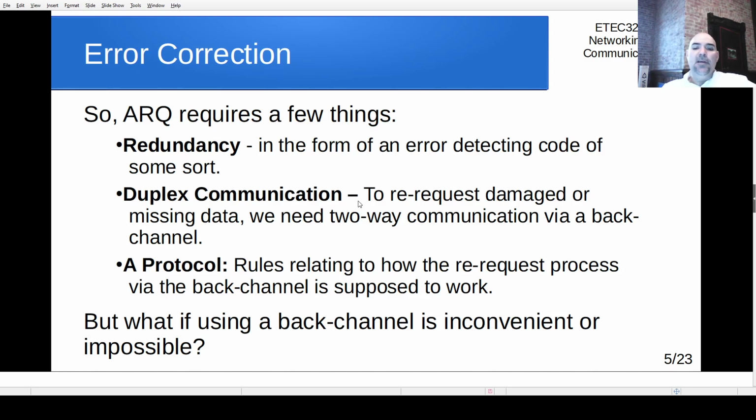In other words, if we have that back channel, we have to know what it means to say good, or what it means to say bad. What does it mean to say acknowledge versus negative acknowledge? What's the rule set that we both agree upon for me to perform those re-requests and for them to get fulfilled? So we have to have those three things in order to have an ARQ protocol or system